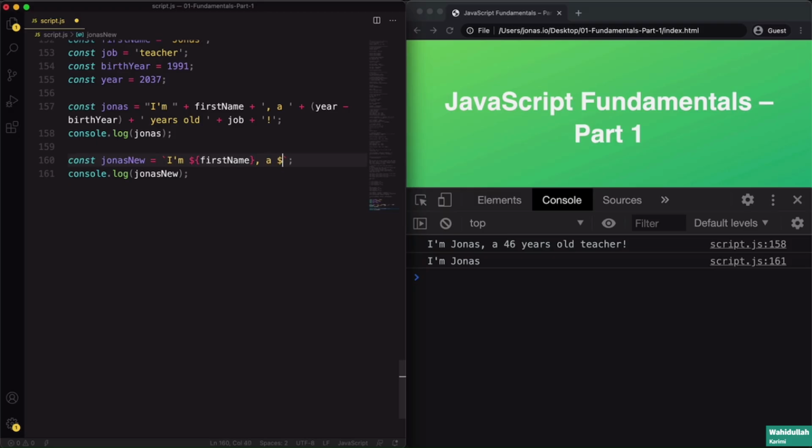And then again a variable. Now in this case, we actually need a calculation, and that's no problem at all. We can basically write any JavaScript here inside of these curly braces. All right. Technically, we can write any expressions, but more about expressions in one of the later lectures. So year minus birth year, just as we did above, year old,